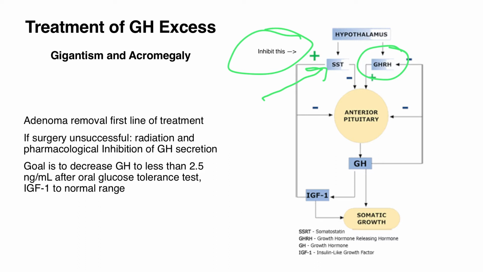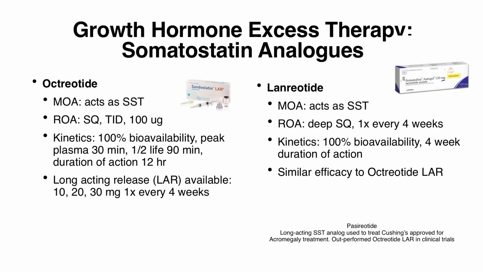If, though, you move on to pharmacologic management of growth hormone hypersecretion, you really want to get that person to a level where growth hormone is less than about 2.5 nanograms per milliliter after an oral glucose tolerance test. You also want their IGF-1 to a normal range. Because we know